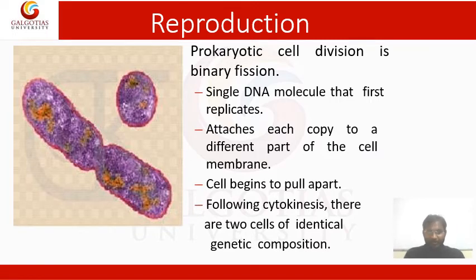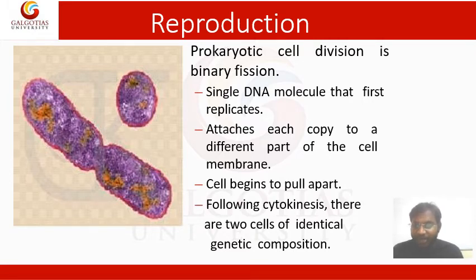And reproduction: how does it reproduce, how does it develop? For example, one bacterium or one bacilli enters into the human body, then it multiplies. How is it processed? By the process of binary fission. Bacteria, being prokaryotic, divide by binary fission. I will explain binary fission on the next slide. I have a video also, I will show you.